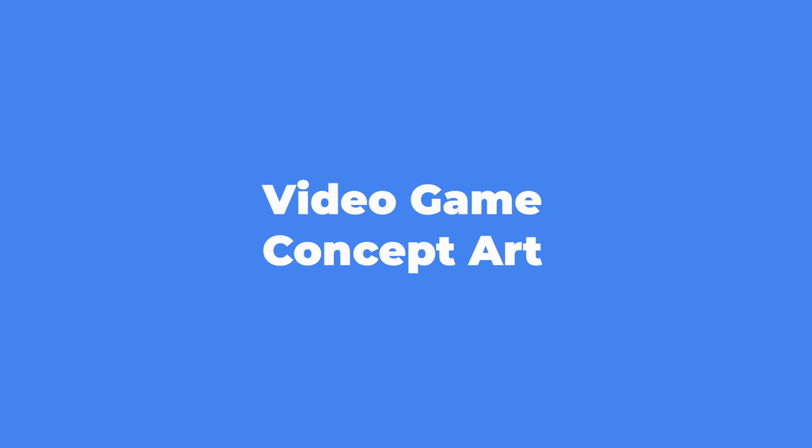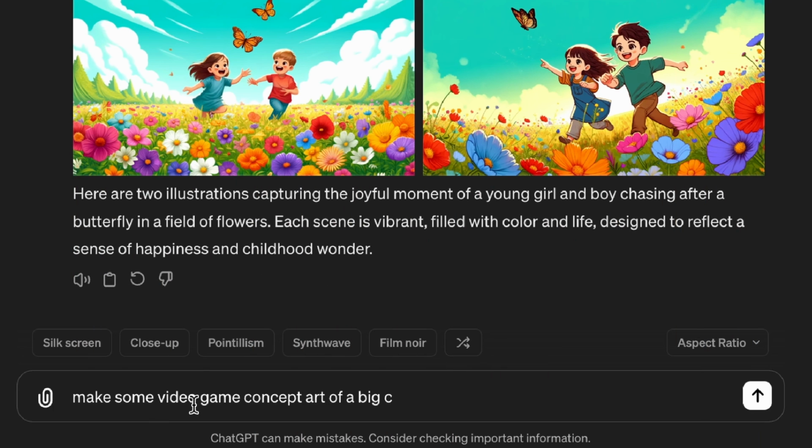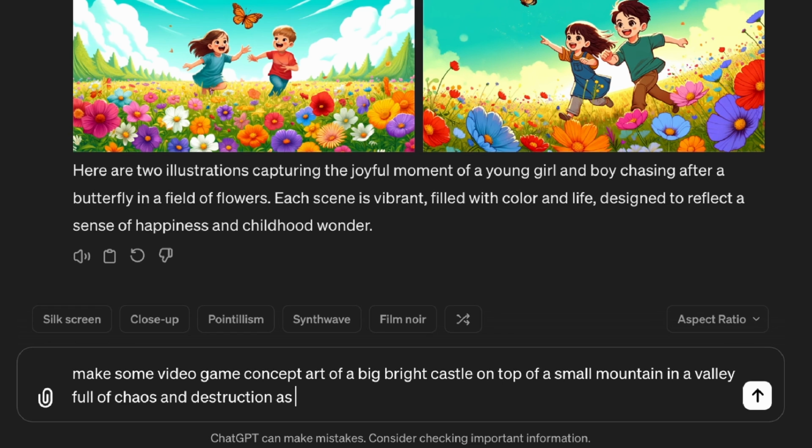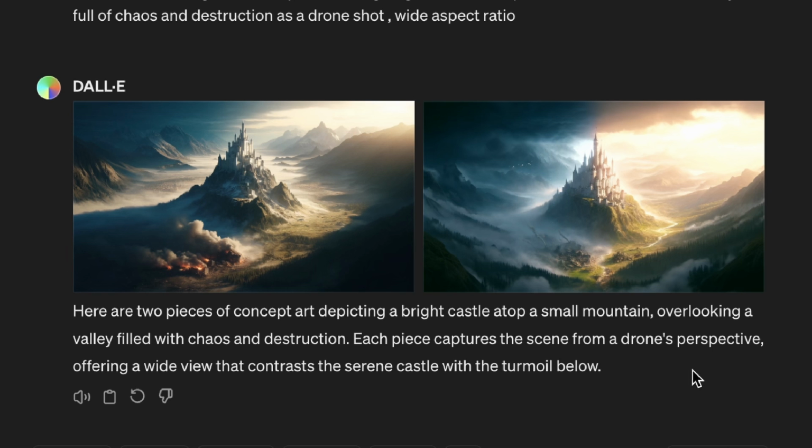But what about video game? Can we use it for concept art? Let's try to make some video game concept art of a big castle on top of a small mountain in a valley full of chaos as a drone shot. You could also say bird's eye perspective. This helps a lot. Here you can see the 2 iterations that we've done and they both look good, but